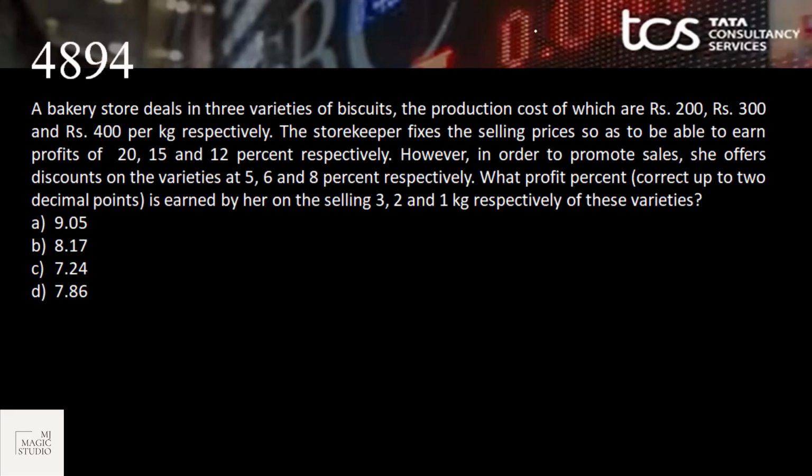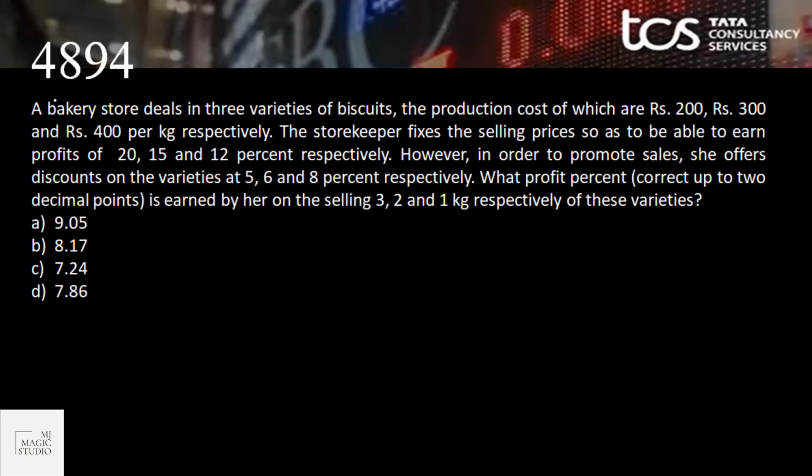Okay, the last one in this practice session 4, and the last one for all these entire practice sessions on profit and loss which we have done. In practice session 1, we have done roughly 15 questions. In 2, we have done 20 questions. In 3, we have done 18 questions. So it is 35, 53. And here we have done 10. So like 63 questions. Please go through all the practice sessions along with the master class and hope you will do good as far as profit and loss is concerned.